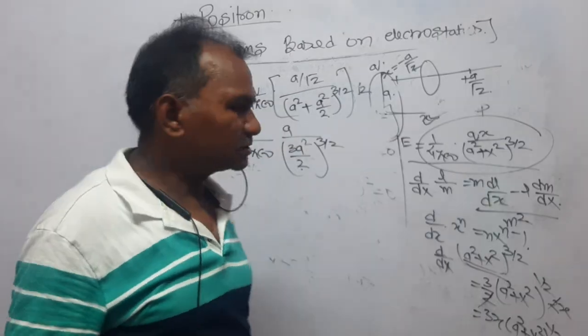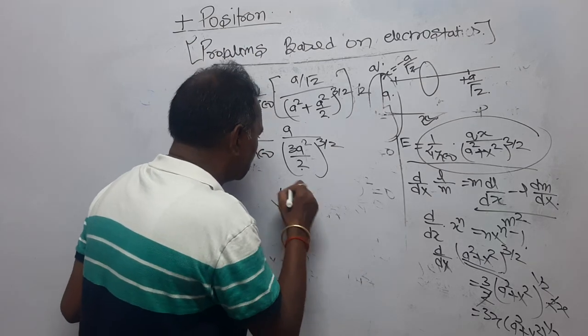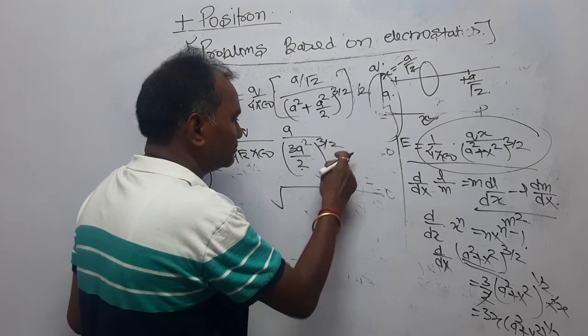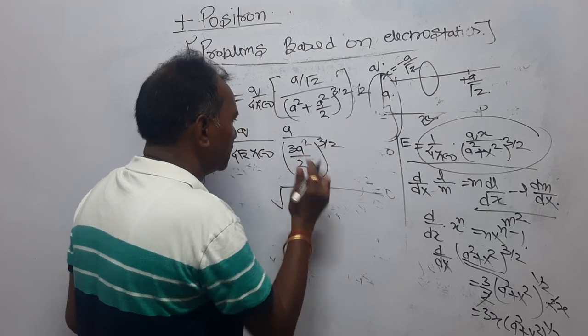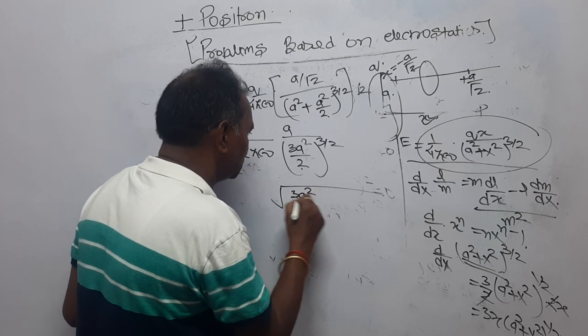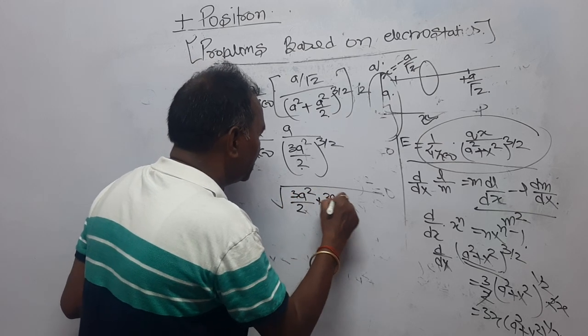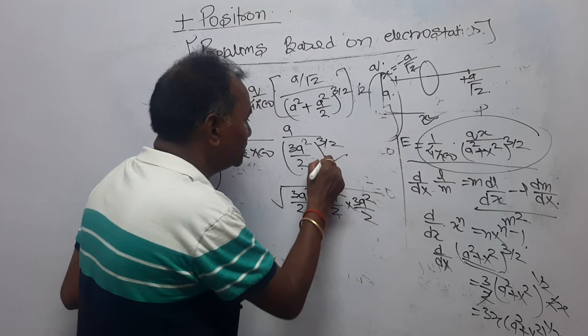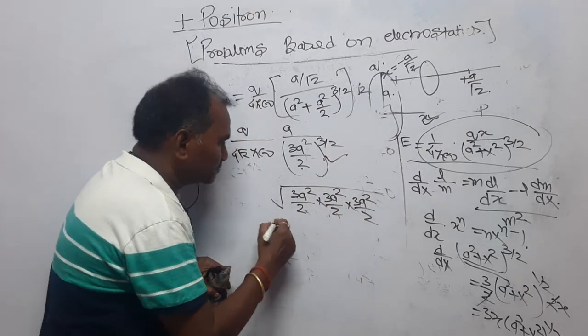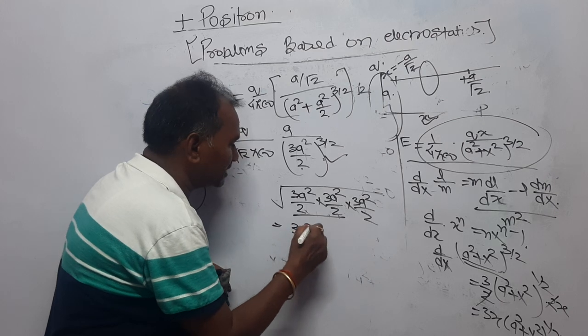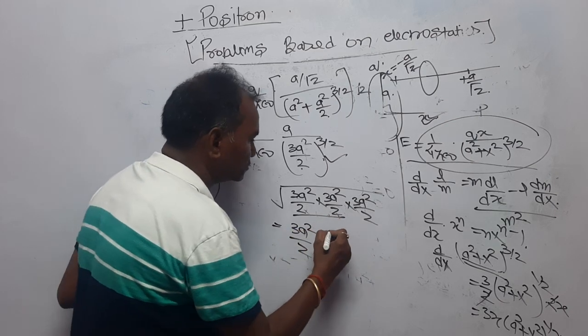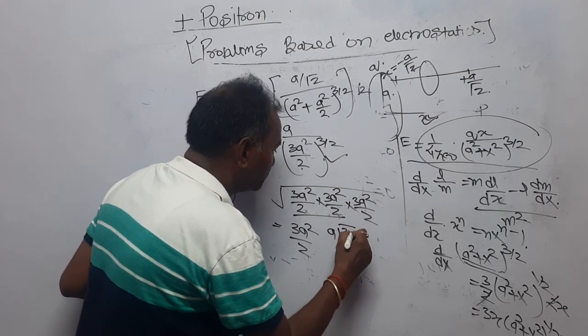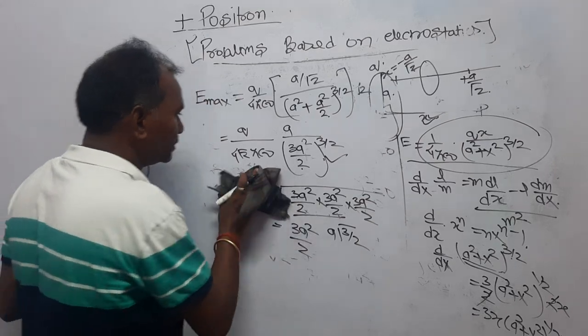Dear student, to the power 3 by 2 is what? In easy language you can understand it like this: 1 by 2 is the square root and cube of that. So it is root (3a square by 2) into (3a square by 2) into (3a square by 2). Now these two make a pair, take them out, and this turns out to be a cube times root 3 by root 2. So what we have got,